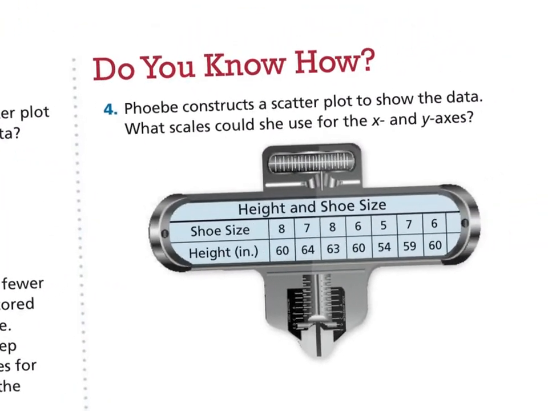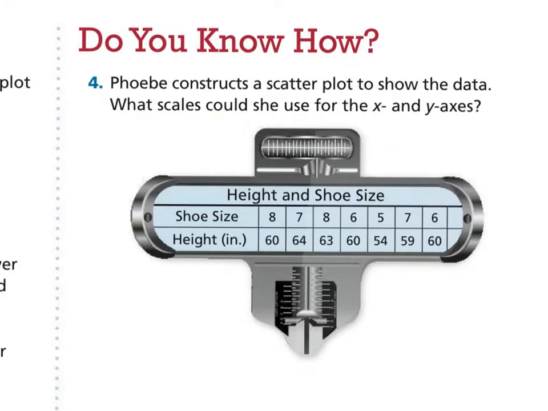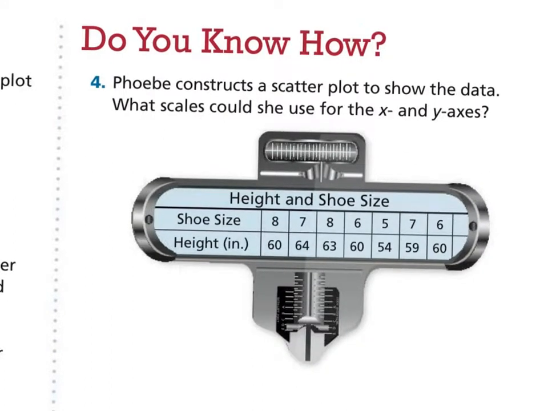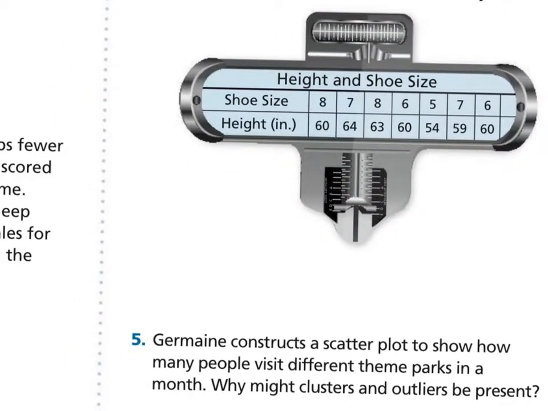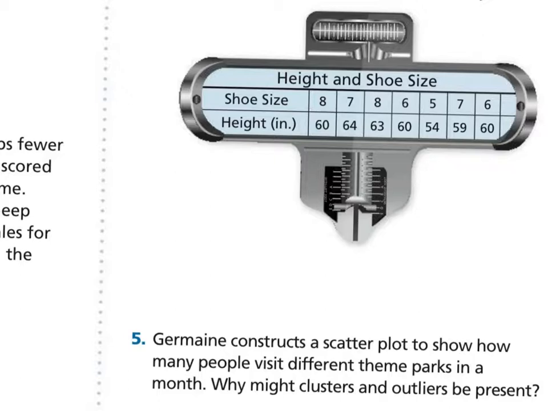Number 4, Phoebe constructs a scatter plot to show the data. What scales could she use for the X and Y axes? We're talking about height and shoe size here, so she has an interesting display for her chart. The scales means basically what are we going to start at and go to, and what kind of intervals are we going to use. So if we make the shoe size be the X and the height be the Y, for the X-axis,